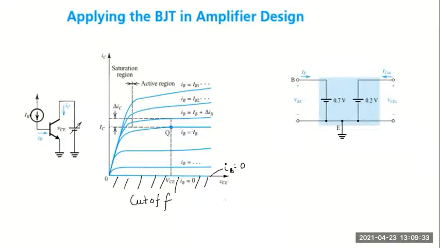Okay. So how do we use BJTs in amplifiers? One simple application of BJT is as an amplifier, which we have already discussed. And I told you, if I have to use this as an amplifier, I have to, let's say,